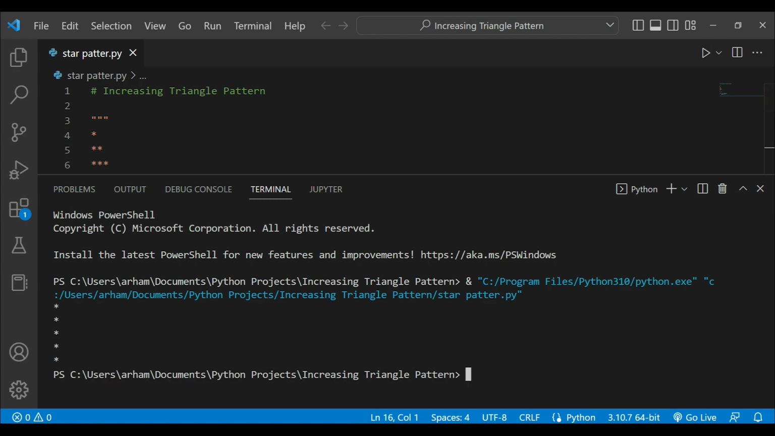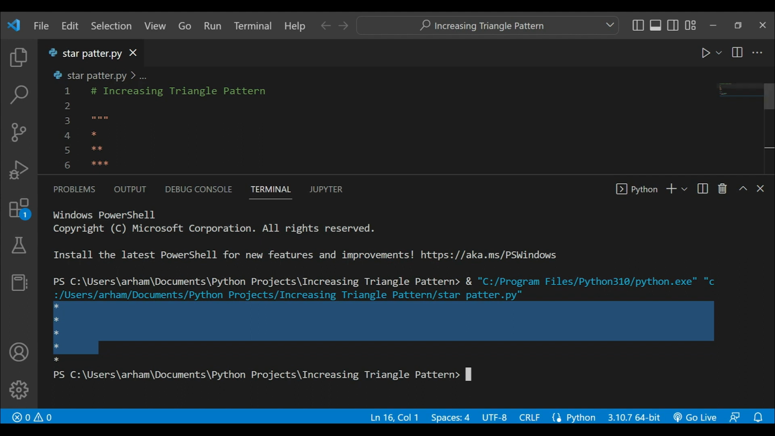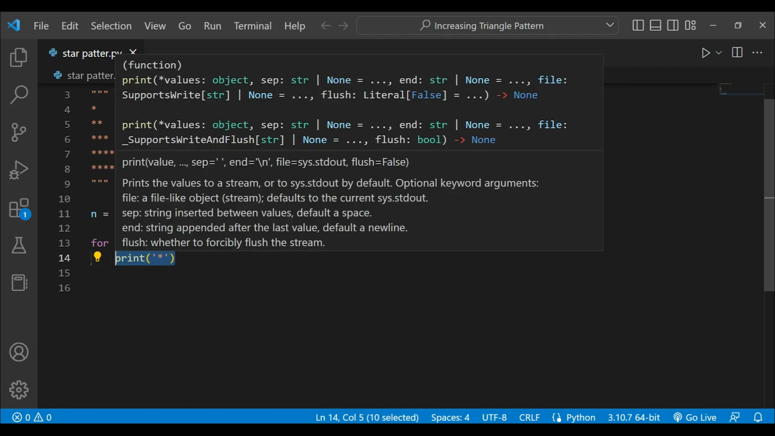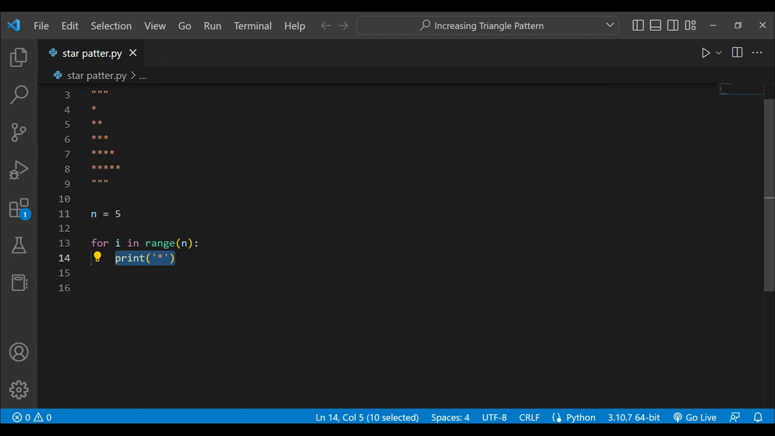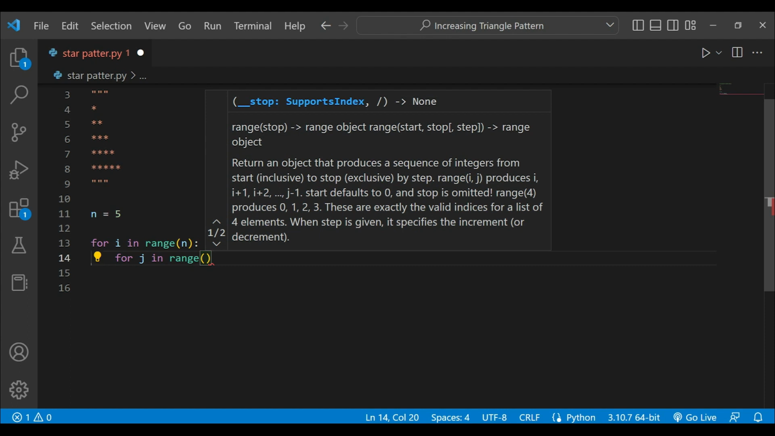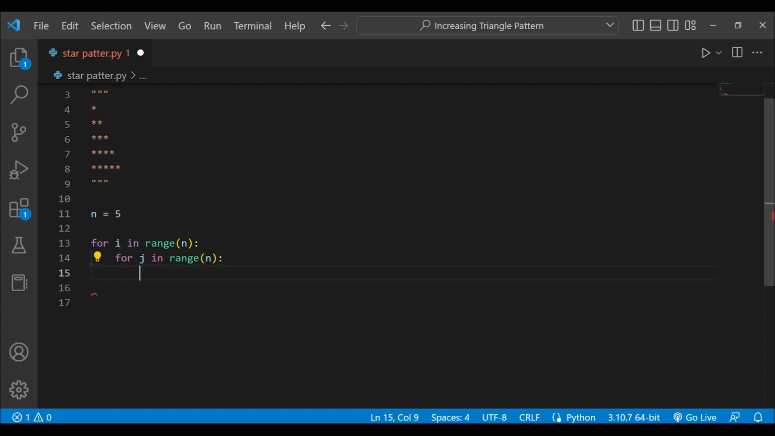You can see that I'm getting these lines, but I want a square pattern. So how do we get that square pattern? Let's do that also. For that, I will first create a nested loop here that will count the number of columns. These are my number of rows. The number of rows will be counted by i, and the number of columns will be counted by j. So let's create for j in range n, and let's print